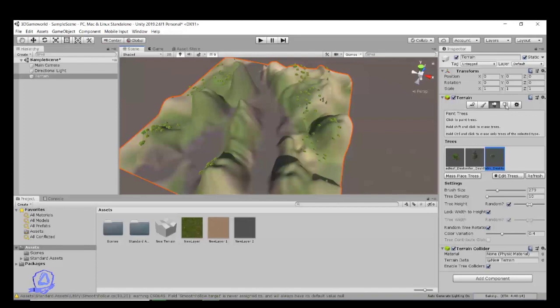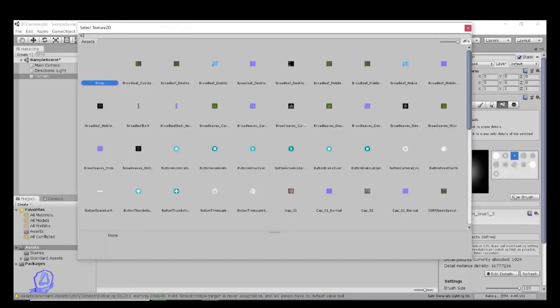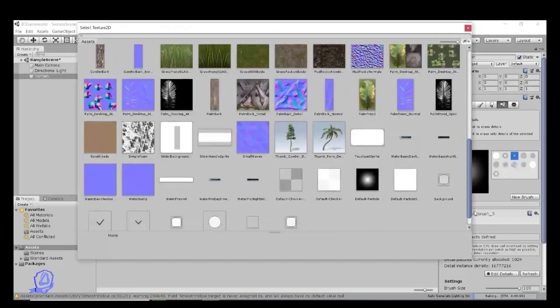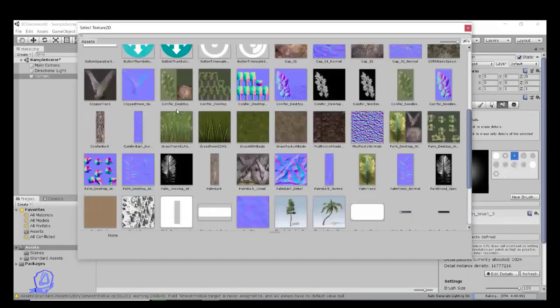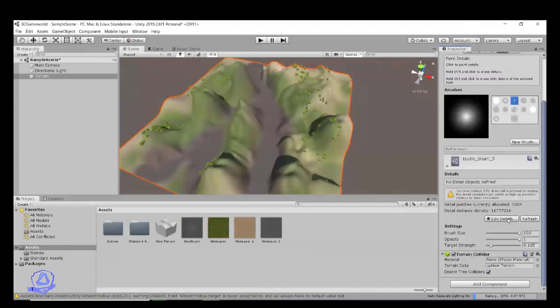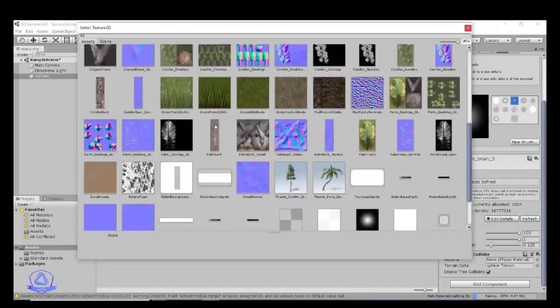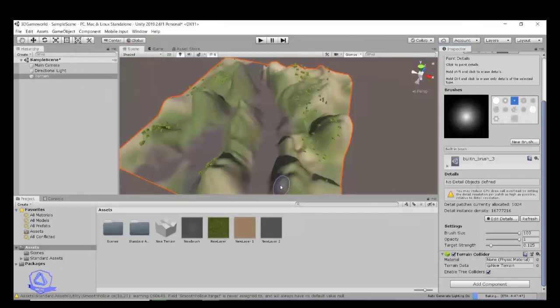Okay, after that, the last one is edit details, where you can edit all the grass and the small flowers on the terrain. So I will be selecting one of the grass textures from the assets, and then I just select edit details, add grass texture, and then click on the small circle beside the pattern. Just double click on it, select, double click, click add. You get this